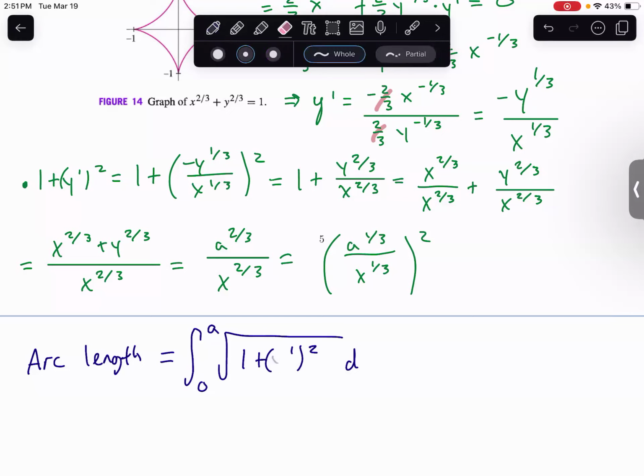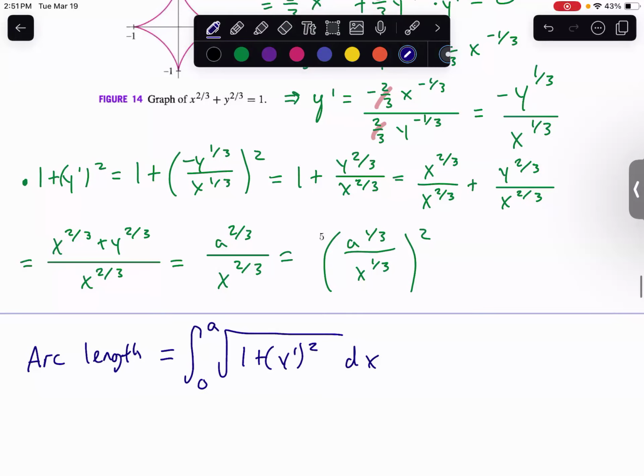I should write this differently. I'm gonna write it like this. I don't care, whatever. But it is with respect to x. That's what I was kind of hung up on. So this is equal to the integral from 0 to a of the square root of 1